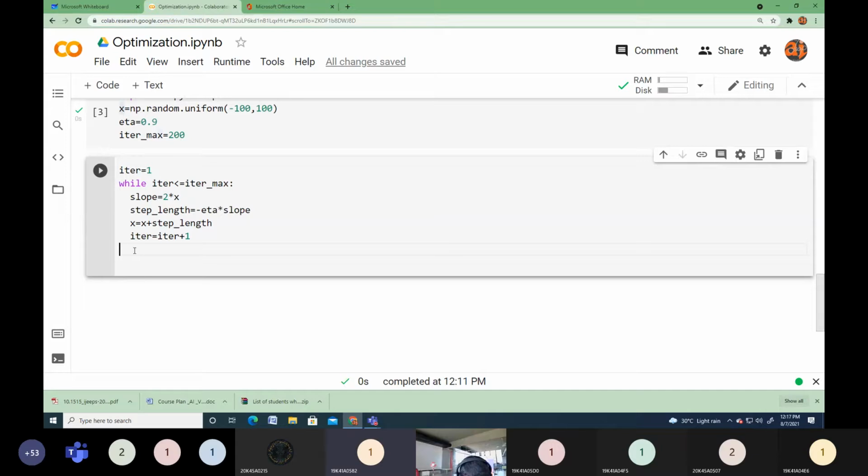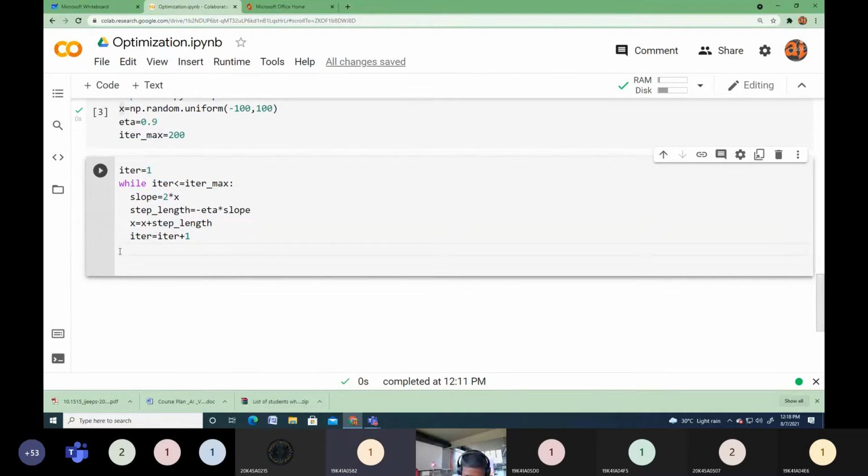If iter is greater than iter max, then it is coming out of the loop. See, you are using the while statement, right? No need to write the condition separately, like if iter is greater than iter max, because this loop by default is executing. If iter is greater than iter max, then it's coming out of the loop. All these statements will not execute again. Otherwise, it is printing.